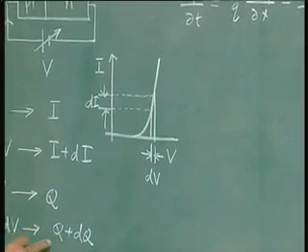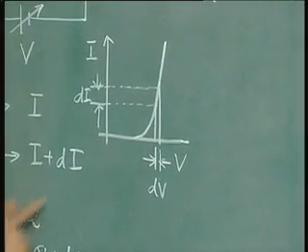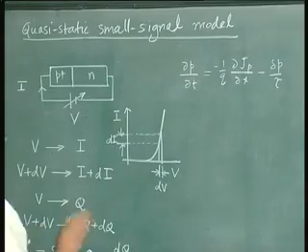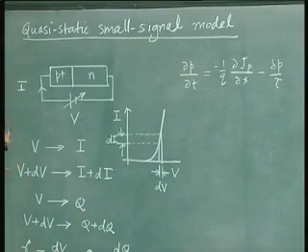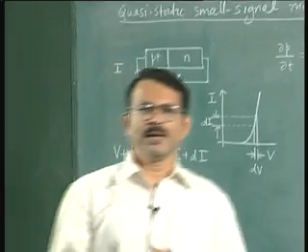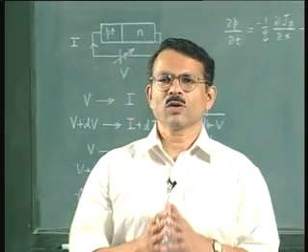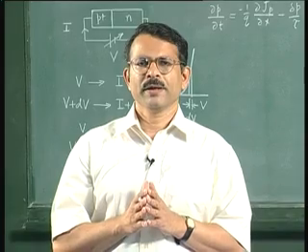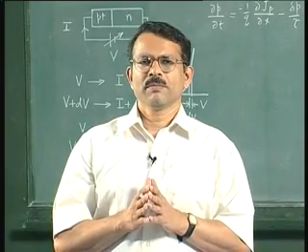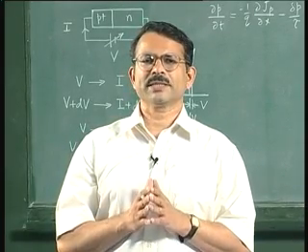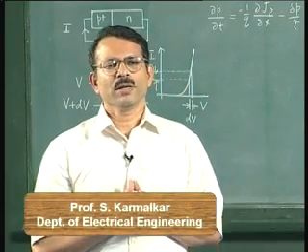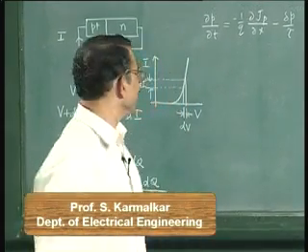Similarly, one can sketch the charge Q as a function of voltage V, and then one can take the slope of that and one can obtain the capacitance dQ by dV. So this is the quasi-static approach of determining the resistance and capacitance. Now we can quickly estimate the resistance using this formula, because we know that the ideal diode equation is given by